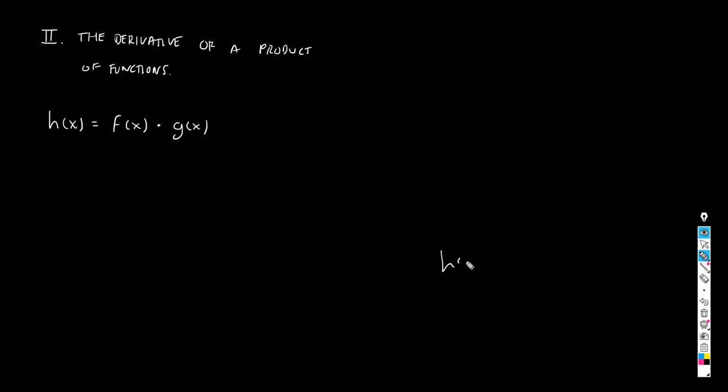Is it going to be simply the multiplication of the derivatives, just like in the addition? If the derivative of the addition is the addition of the derivatives, does that mean that the derivative of a multiplication of functions is a multiplication of the derivatives? No. In this case, this is not going to work. Okay? When you demonstrate how to calculate the derivative of a product of functions, what you get is the following formula. H prime of x will be equal to